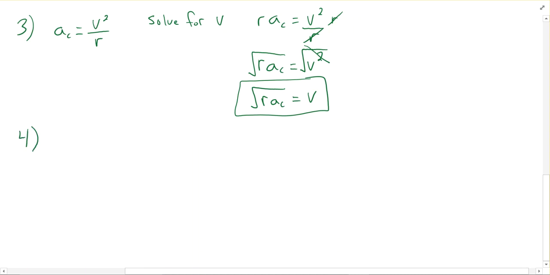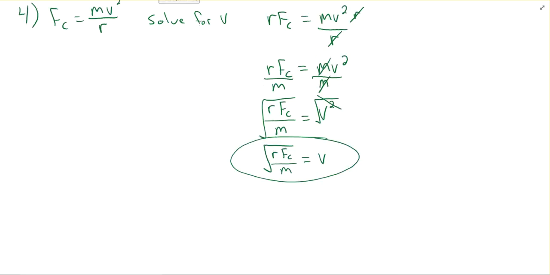So 4. Let's try FC, centripetal force is what that stands for, is equal to mass times velocity squared over R squared. All right, and then let's solve for V in this one too. Okay, so take a second now again, pause it, see if you can solve for V on your own. All right, so check to see that you got V is equal to the square root of R times FC